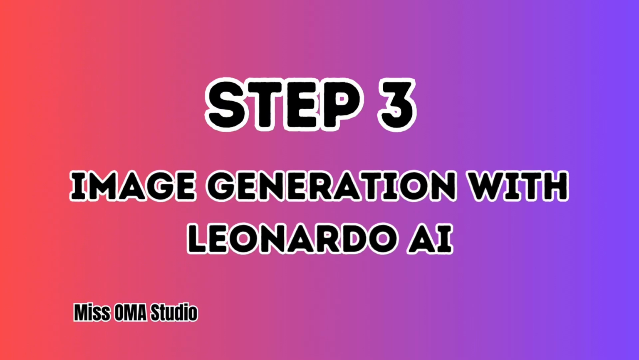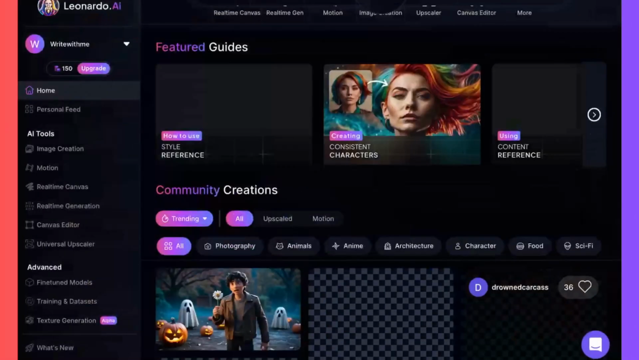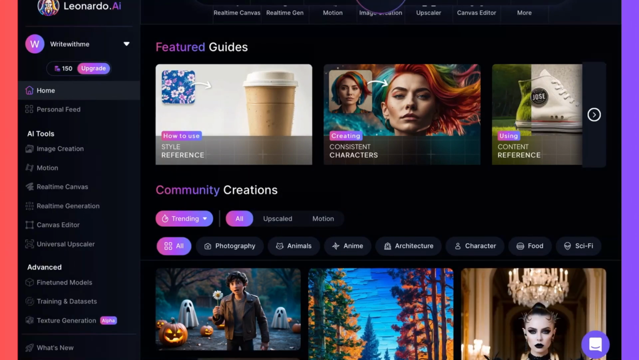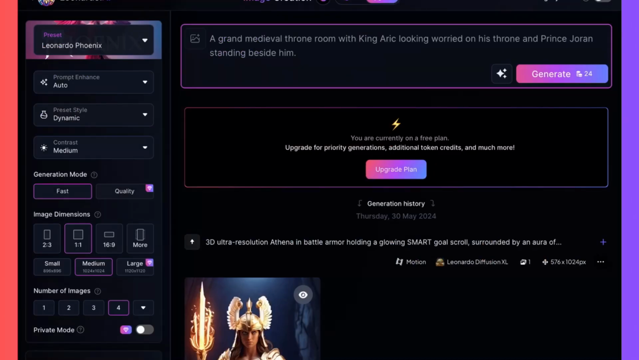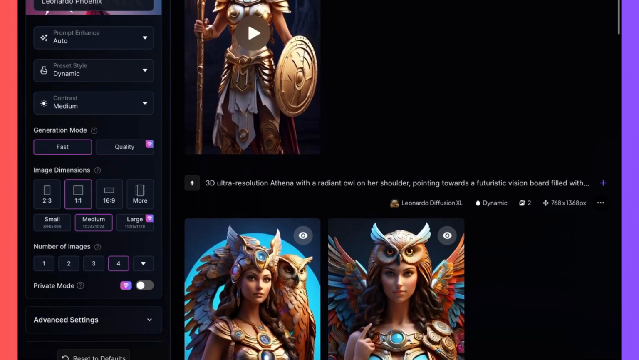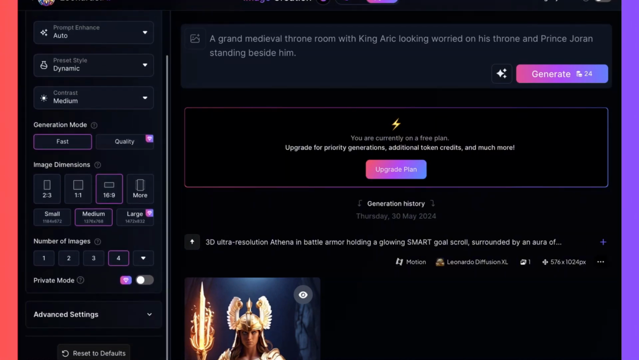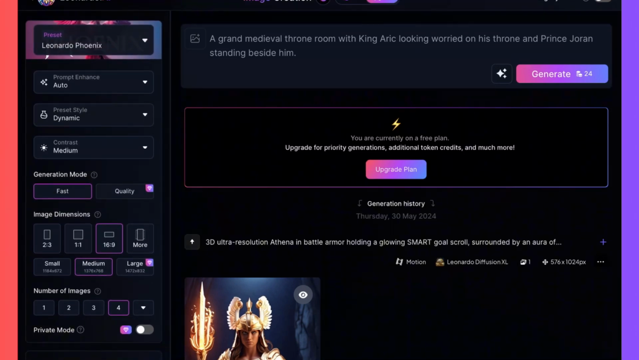Step 3, image generation with Leonardo AI. So we need to create stunning visuals to match our script, and for that we're using Leonardo AI, a powerful tool that allows you to generate images based on the prompts we got from ChatGPT. So we simply paste our prompts into Leonardo AI and we'll set the aspect ratio to 16:9 for YouTube, that's full screen, and select any additional settings you prefer. Like I say, explore and get a feel of the different types of